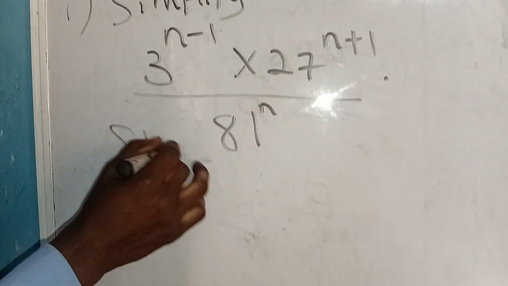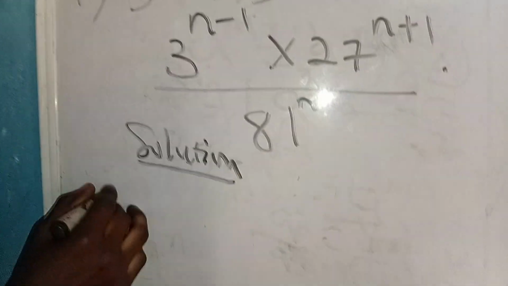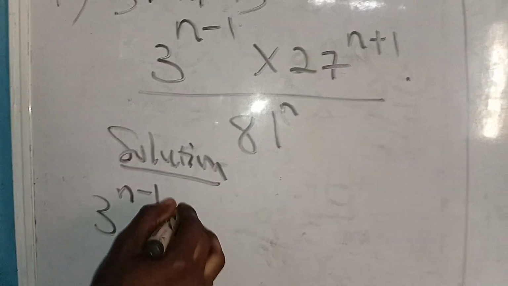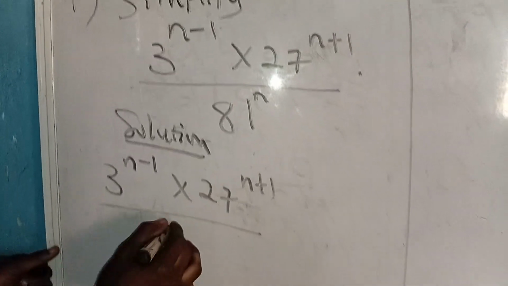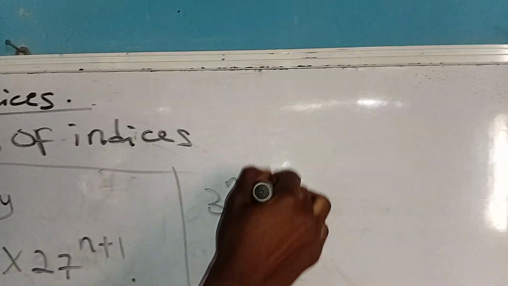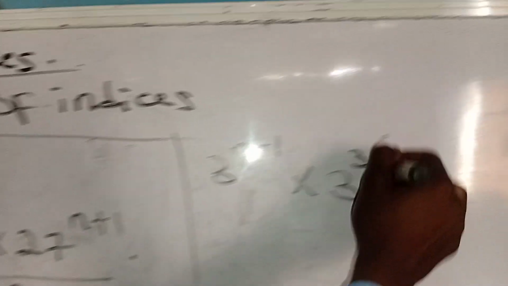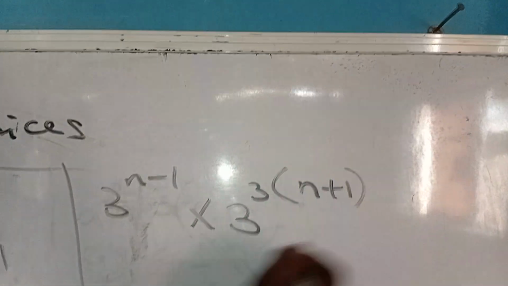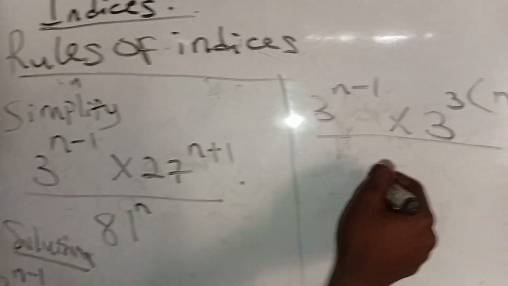Solution. 3 raised to power n minus 1 times 27 raised to power n plus 1 over 81 raised to power n is now going to give us 3 raised to power n minus 1 times, take the index of 27, 3 raised to power 3 in bracket n plus 1, over, take the index of 81 to be 3 raised to power 4